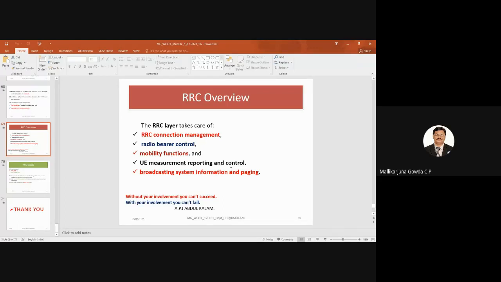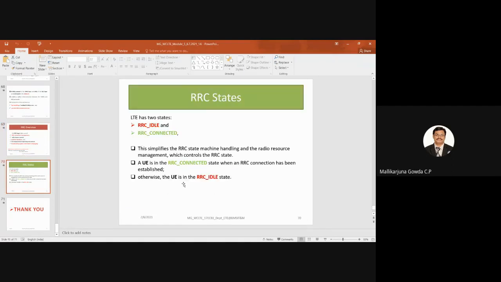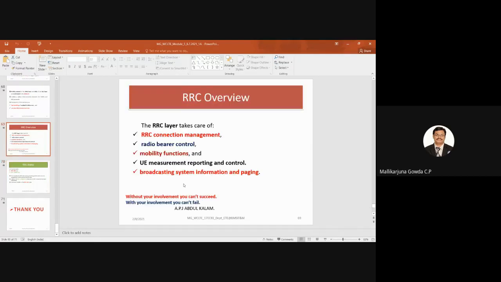So though there is so much information about different layers, if you take it in a diagrammatic way, I think it is easy to understand. Just as I was saying, RRC connection management.